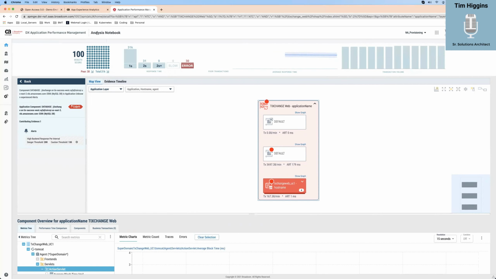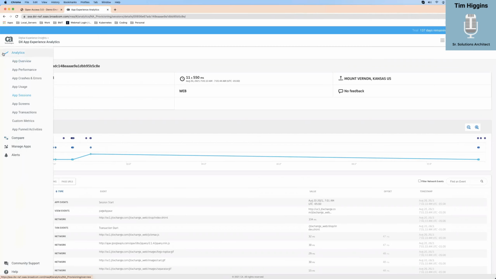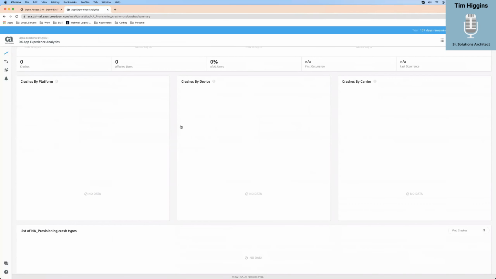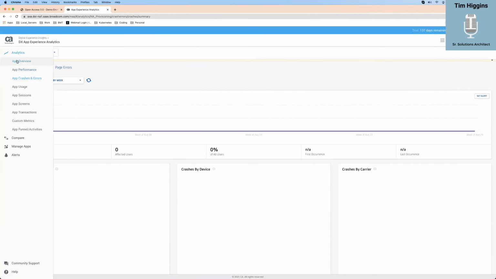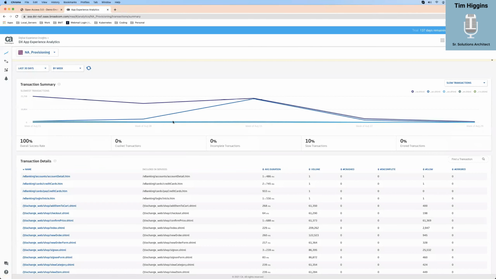So we'll go ahead and close our notebook, because a lot of this is just wanting to show you from AXA how fast I can triage a problem. Now, if I go through a couple more of these, if I had a true crash, it would show up here. But I didn't have a crash, and the same with the performance. If I looked at my transactions now, I can see that I've got a lot more load going on because we're doing the past 30 days. And I see up here that these are the main pages.